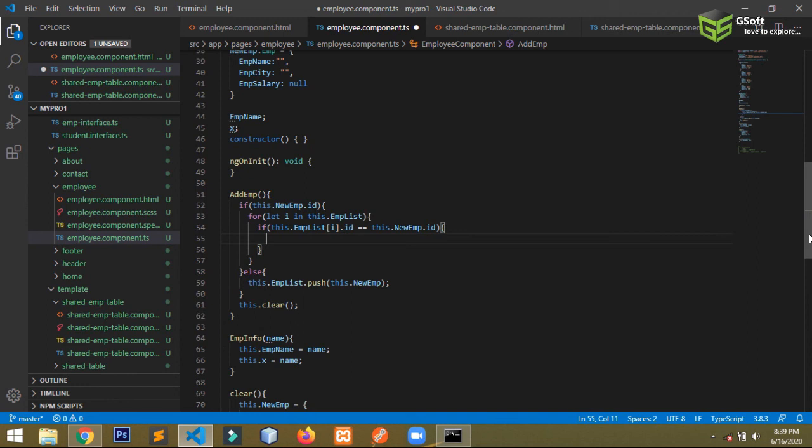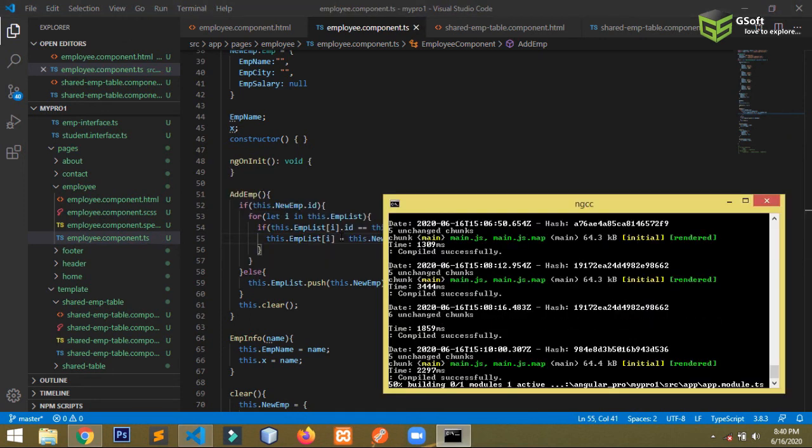Okay, so what I will do, I will just write this here, this.empList[i] equals to this.newEmp, automatically it will replace it.